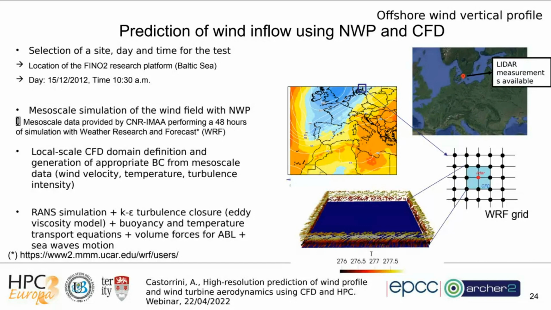And then for this location, we can perform mesoscale simulation with a numerical weather prediction. In this case, we use the WRF, Weather Research and Forecast tool, which is one of the most used tools in this kind of